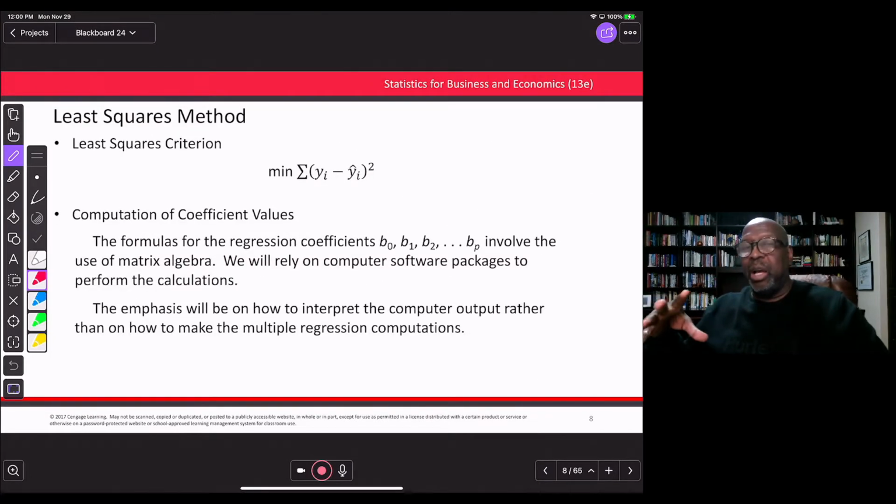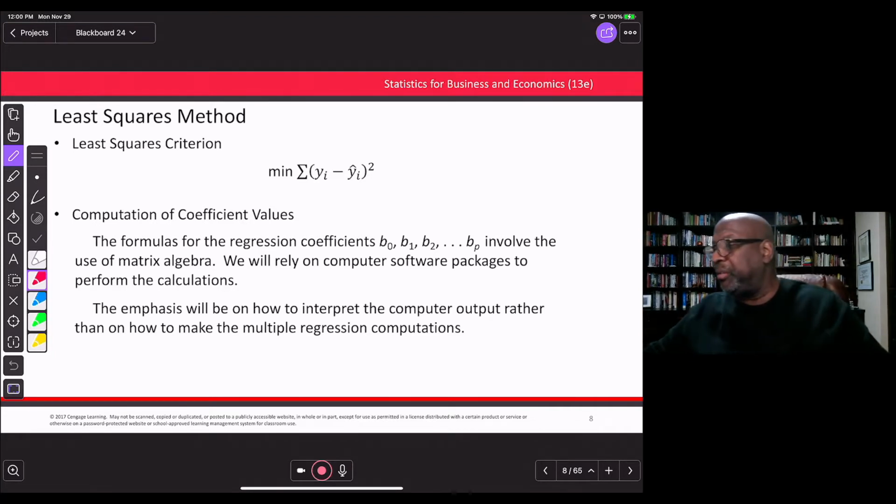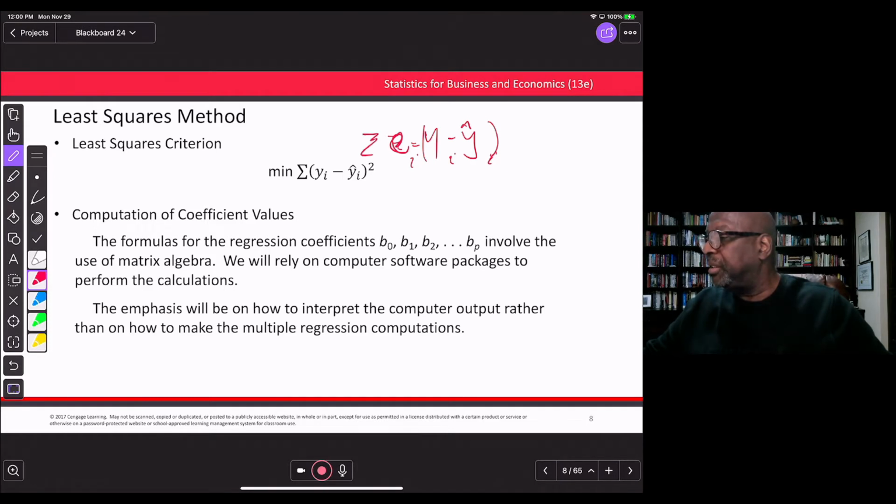The methodology that we use in fitting the regression line is a least squares method. And you may recall that we define an error as y minus y hat. This is an error, right? Let's call it epsilon, for the population. e_i is y_i minus y hat_i. So if I sum both sides